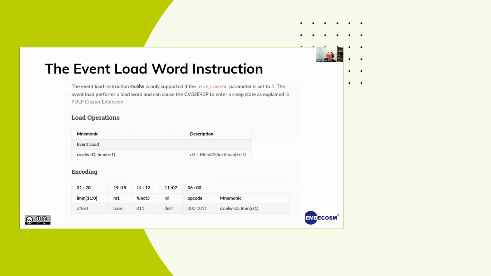Okay. And we're going to look particularly in this example at the event load word instruction. So this is,